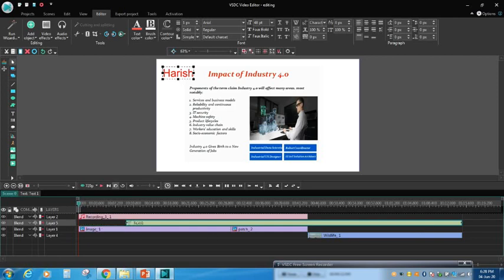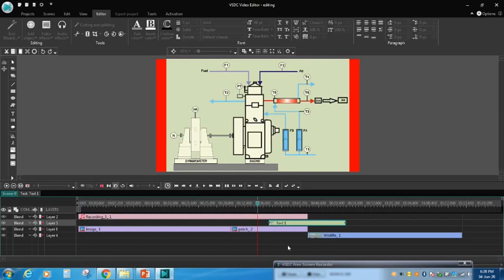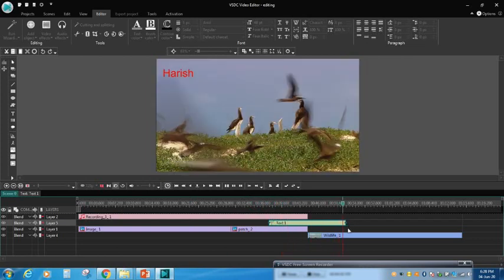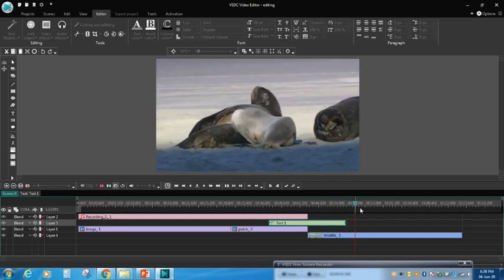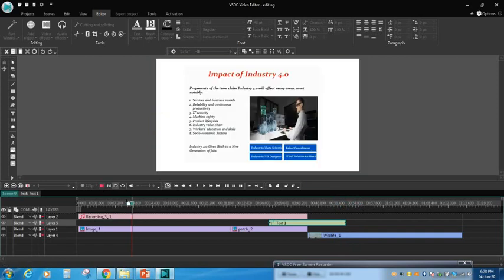And you can observe here at layer 5 you will get the text ribbon, so that you can position it wherever you require. I can position it here. With respect to the timeline, only at this portion the text will display. Now you can play. You can see now only at this position the text will display, and up to this position the text will display, later it will disappear.